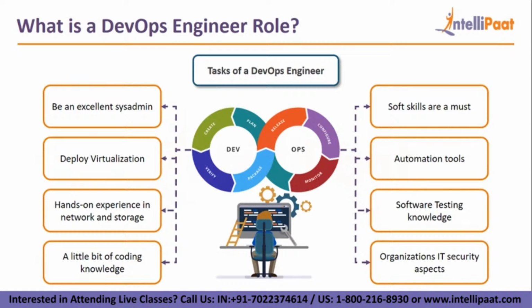What that means is, you should not need to be a hardcore developer who can create MEAN stack or MERN stack applications. What that means is, if you read some lines of code, you should be able to understand what is happening in the code, what is the logic behind that code, right? That much proficiency is expected from a DevOps engineer. Apart from that, soft skills are also a must, because the DevOps engineer role is sometimes a customer facing role, wherein they are expected to ask the requirements of the customer, and according to that, lay down a plan as to how things will be done, right?